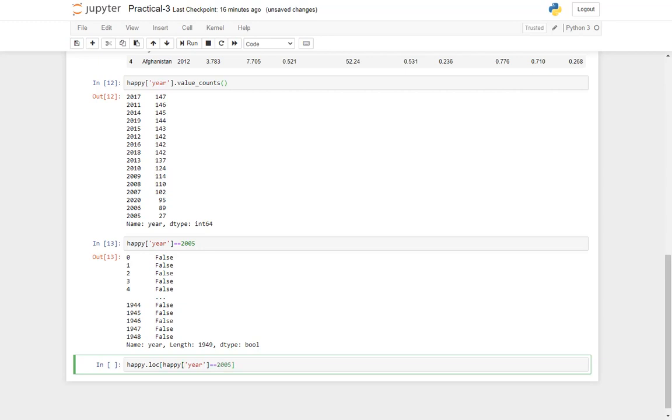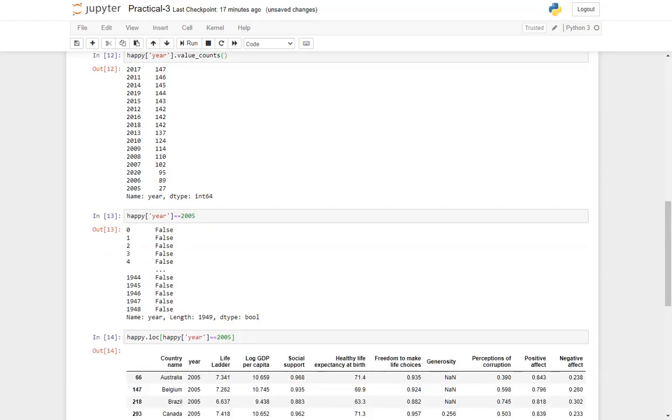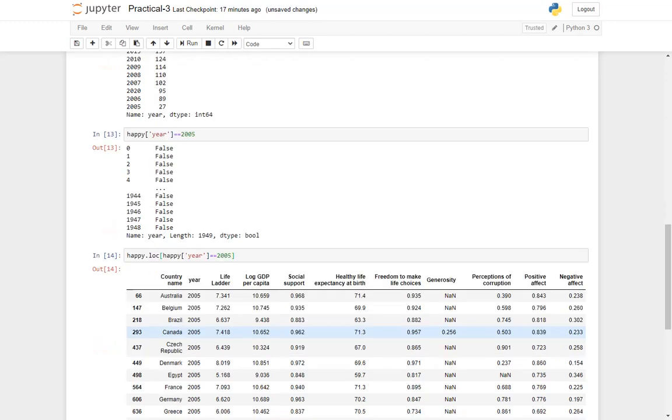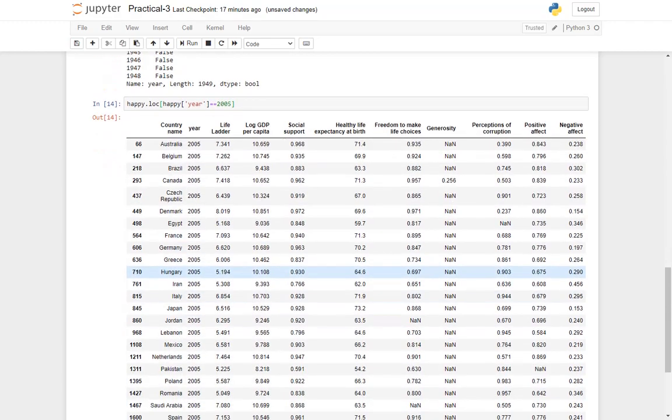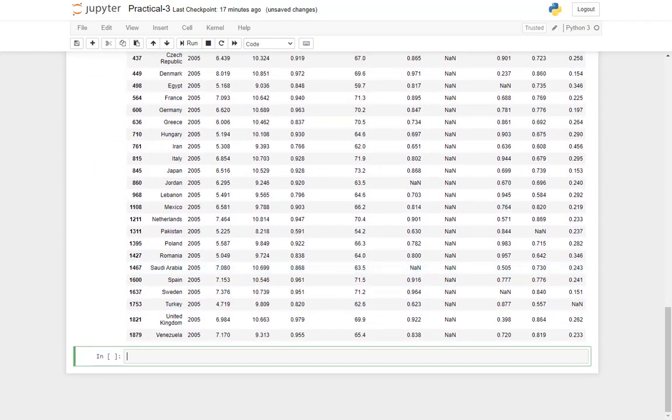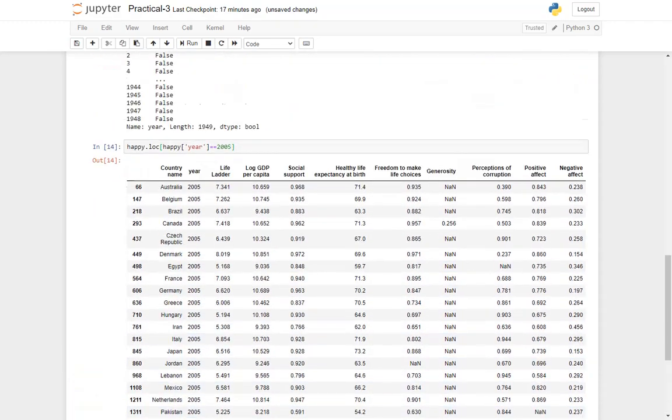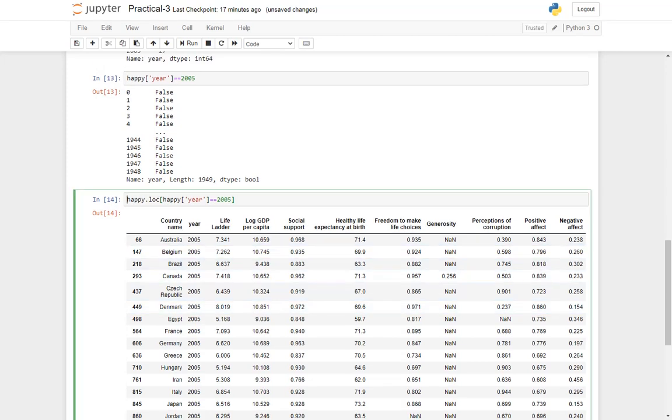Okay, so this is one more way of looking at data depending on a value of a particular column. So these are all the 27. Let us find out its length, it should be 27.